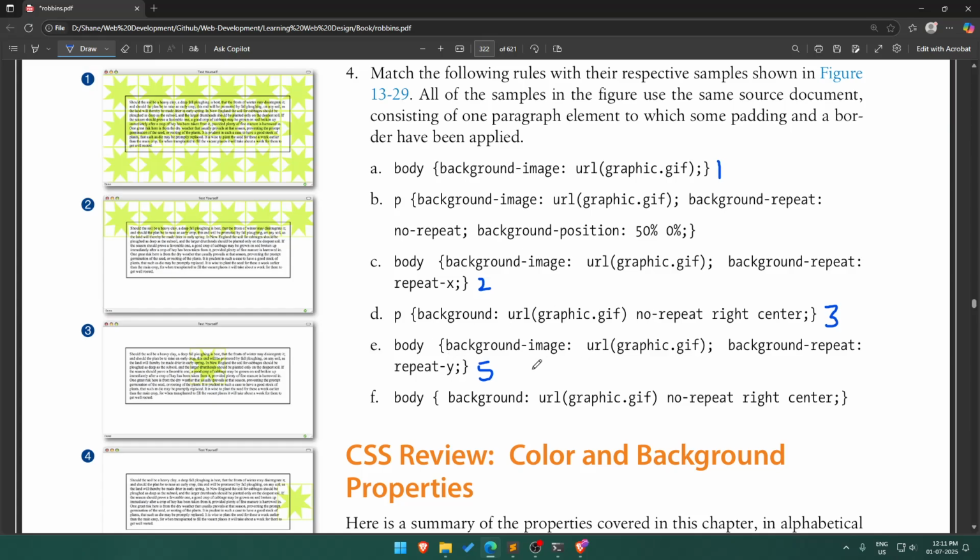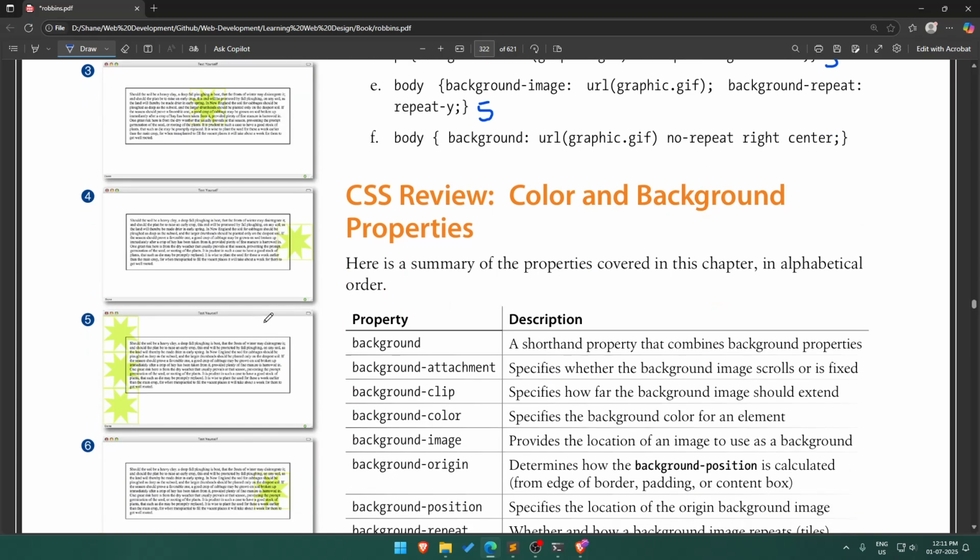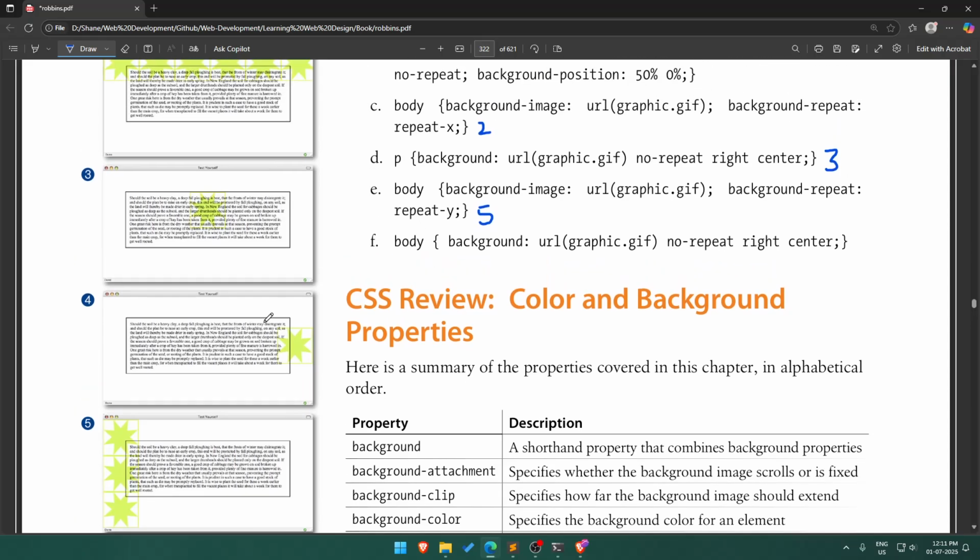Okay, so I am left with this. We have background repeat, no repeat, and background position is 50% and 0%. Okay, so 50% is in the center and 0% is to the top. So what do I have? I think I'd say